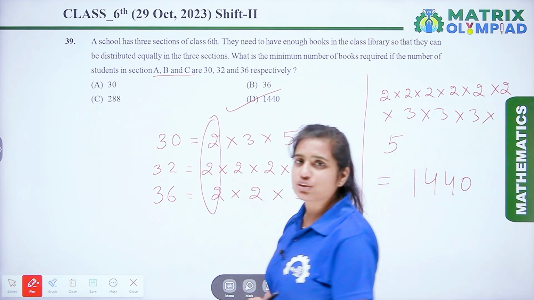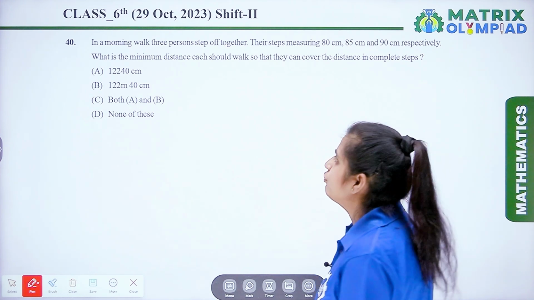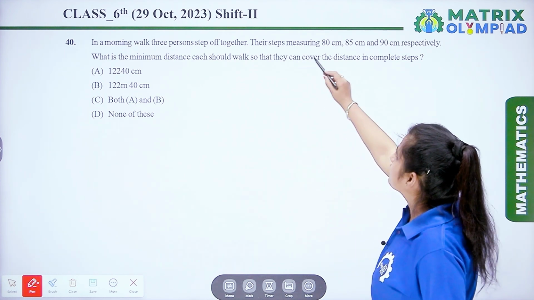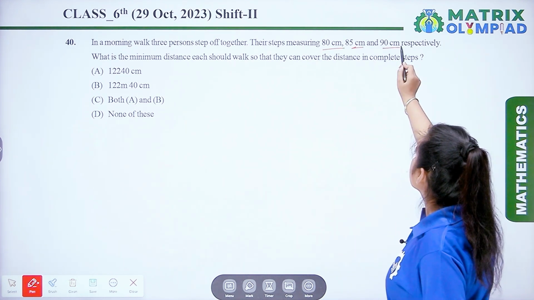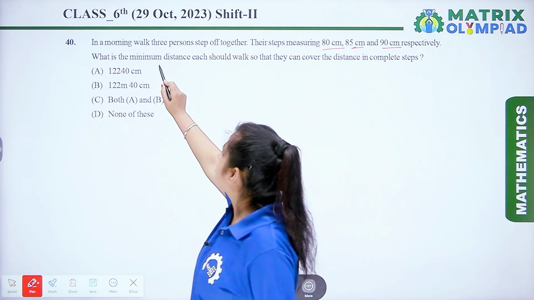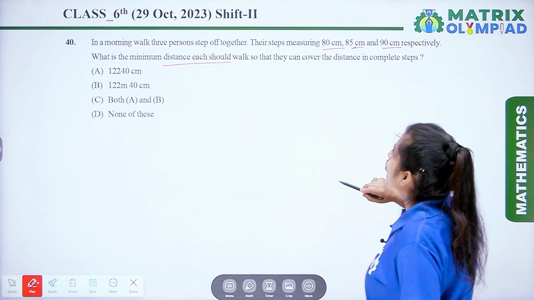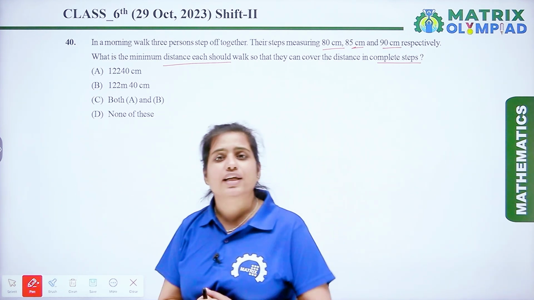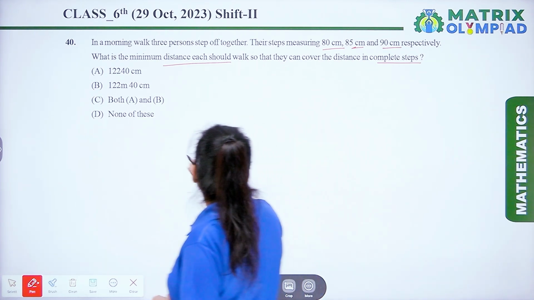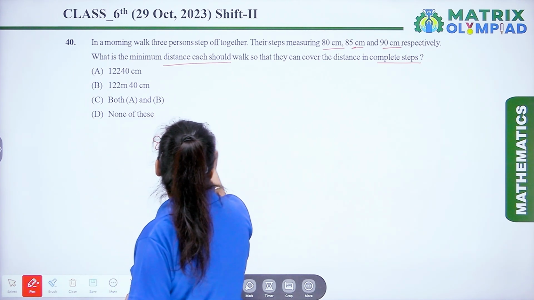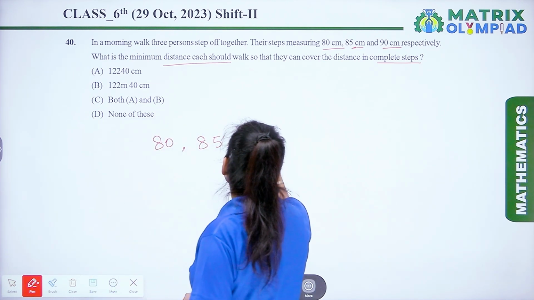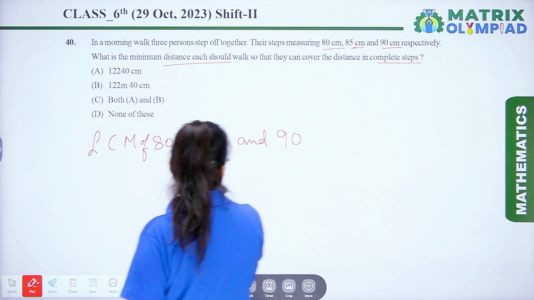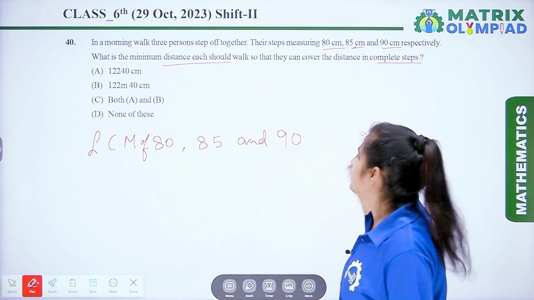Now let's move on to the next question. Now in the next question, question number 40, it is: in a morning walk 3 persons step off together. The steps measure 80 cm, 85 cm, 90 cm respectively. What is the minimum distance each should walk so that they can cover the distance in complete steps? So here also we have to find the LCM of these 3 numbers, that is 80, 85 and 90. So the LCM of 80, 85 and 90 is